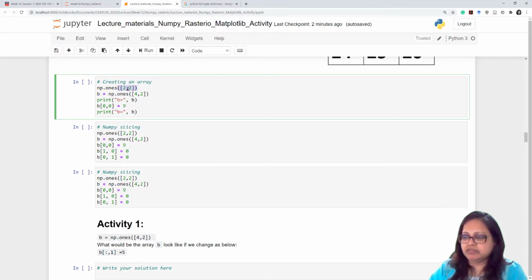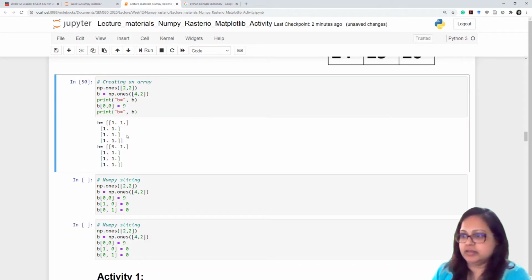So I said give me a 2 by 2 array, and you can see that B is a 2 by 2 array, and in that 2 by 2 we added all values as 1. That means all values in here are 1, right? And I said, how about we divide them,